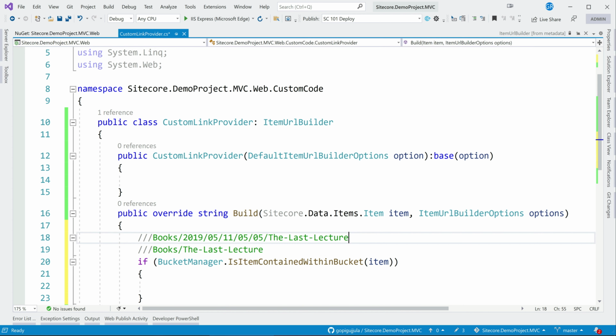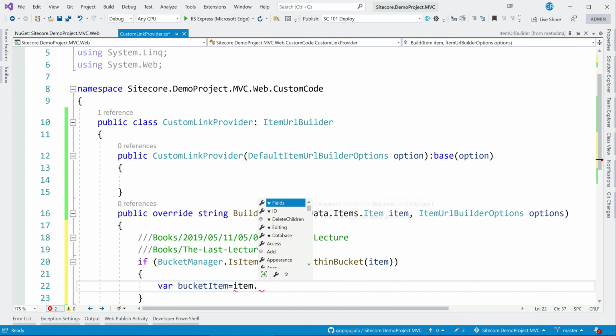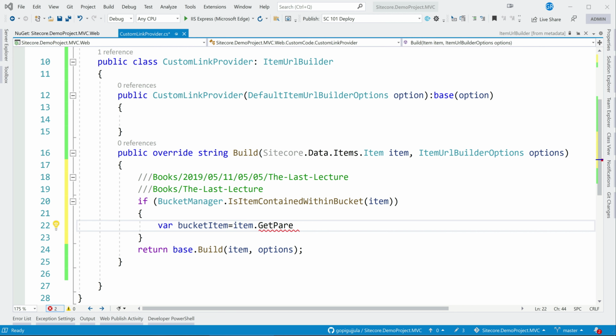Okay, now how do we do that? We can fetch the books item and get the URL and append the item name here. So for this let's just do where bucket item equal to item dot... we need to use that extension.